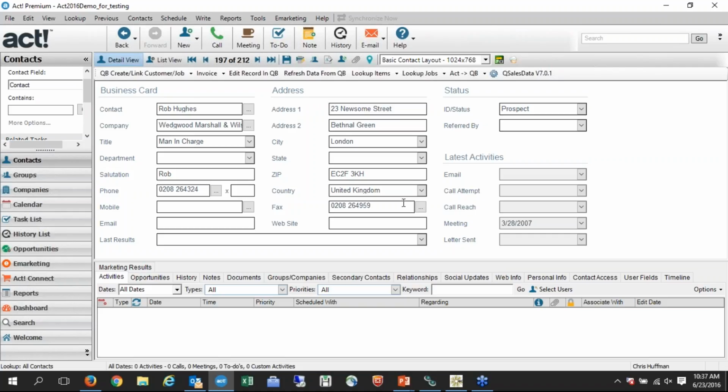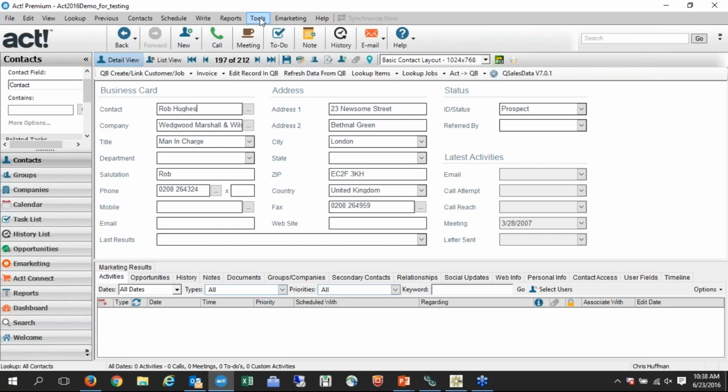Second topic, why aren't my emails being recorded? That's probably the most frequent call that we get, about emails. You're sending emails, and that's one of the great things with Act, that you can integrate your emails with the database. So the first thing I do in troubleshooting why aren't my emails being recorded,